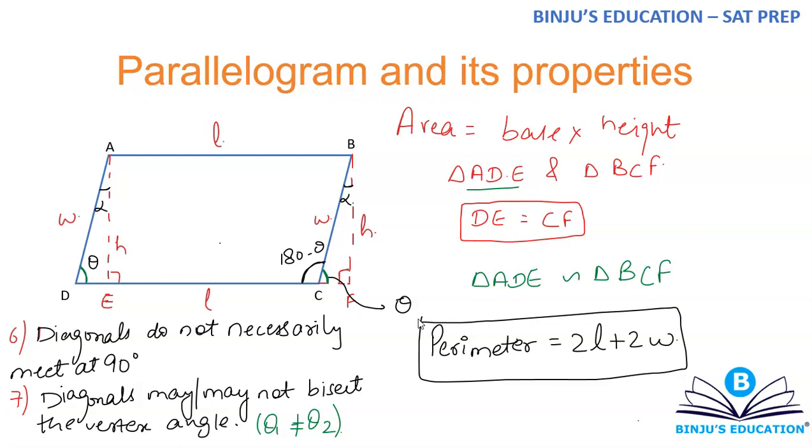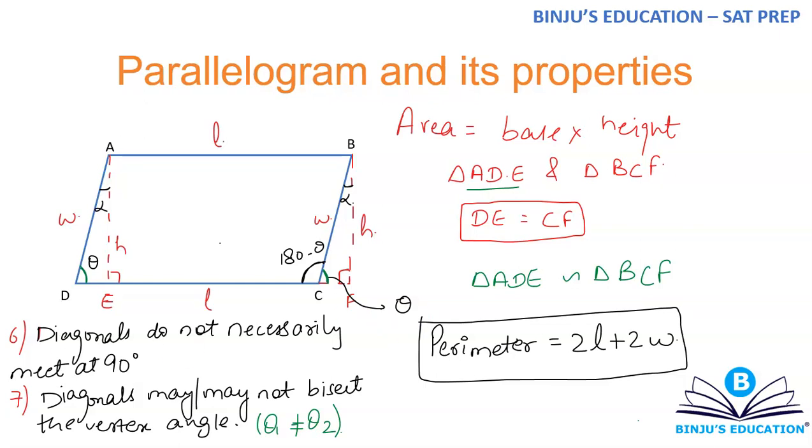Now since I'm saying parallelogram, these properties will also be true for rectangle, rhombus and square in addition to some changes. There will be a couple of changes because now we'll be going to specific types of parallelograms like rectangles, rhombus and squares. So a couple of things will change, but whatever I have taught you in this, everything will remain more or less the same for the remaining three also. Okay, so let's move on to the next one, that is a rectangle.